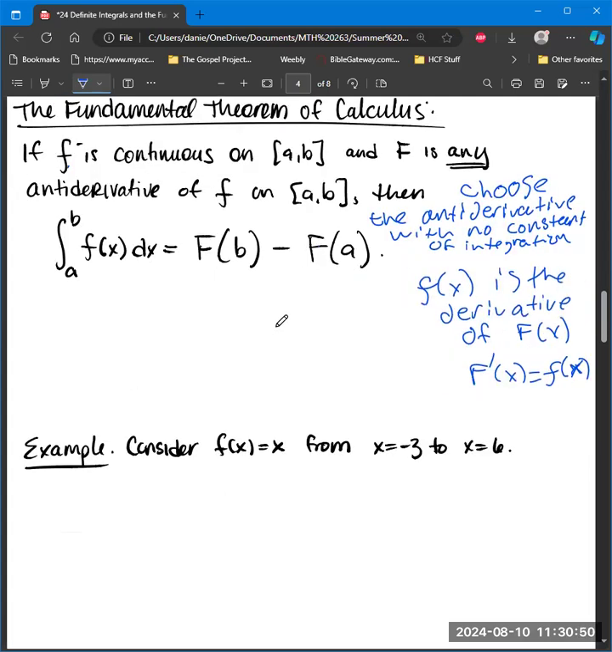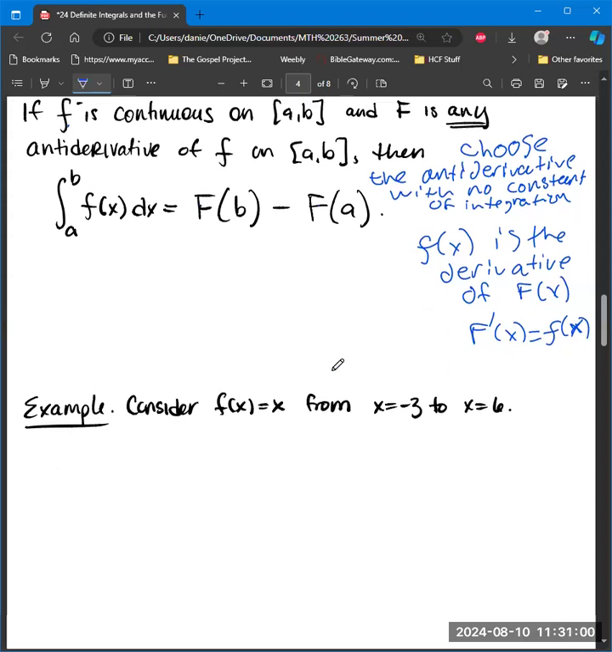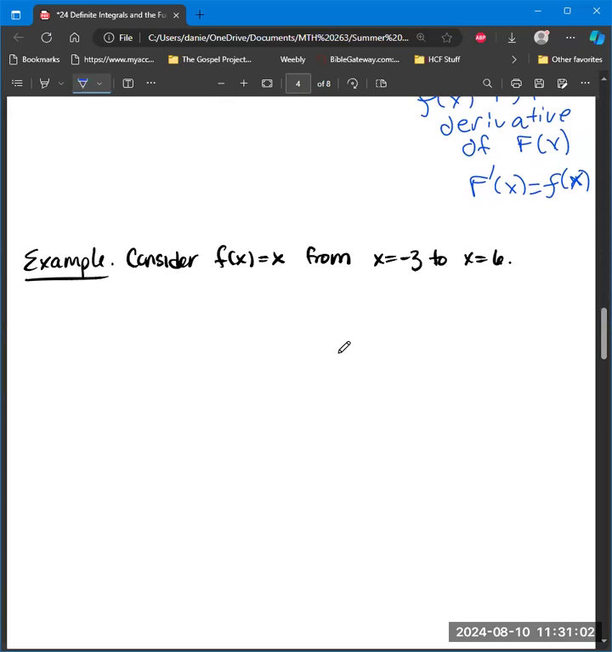So recall from our motivating example that we want to find the area that was from -3 to 6. We're going to find the antiderivative of, or the integral from -3 to 6 of x. And you're going to see that it's not the same thing as that area. We want to